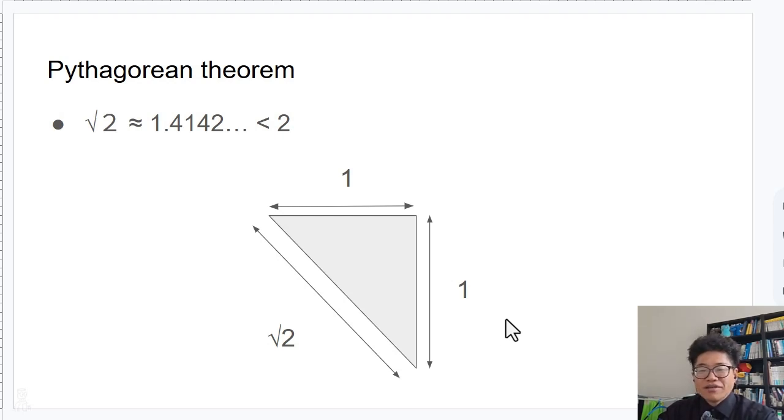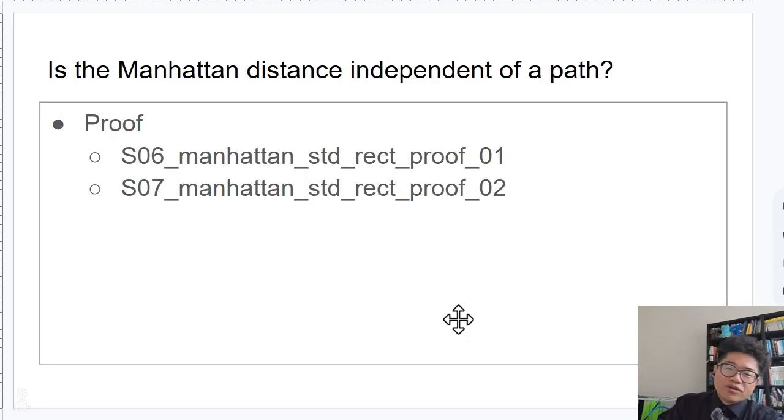However, for line length, this is not bad. Here, I assume this is correct. I mean, going straight is shorter than taking a detour. In terms of the triangle inequality, for a triangle, the length of an edge is less than the sum of the other two edges. So, if the Pythagorean theorem is correct, is the Manhattan distance wrong? Let's prove the Manhattan distance is independent of the path.